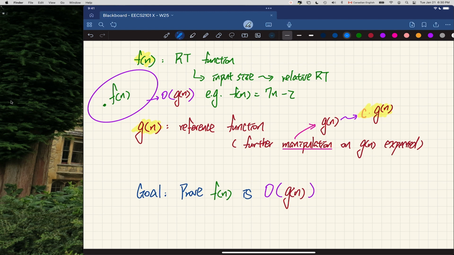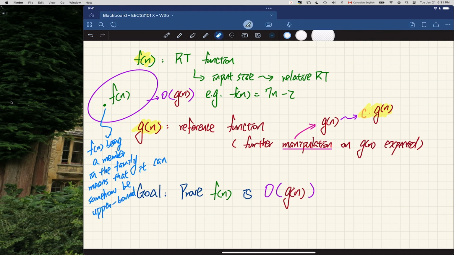All right, so now we want to understand exactly what we mean by saying that f of n is a member of this particular family. Let me write it down, and then we'll see the formal definition. So f of n being a member in the family means that it can somehow be upper bounded